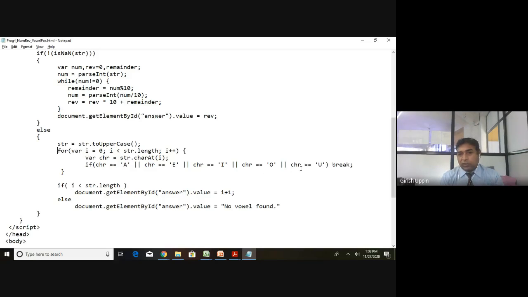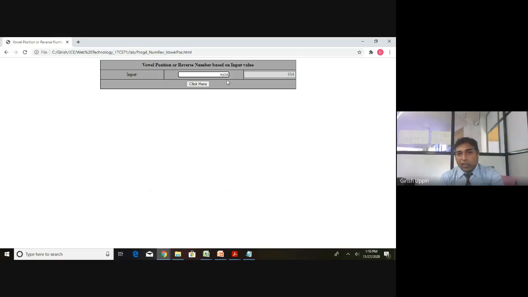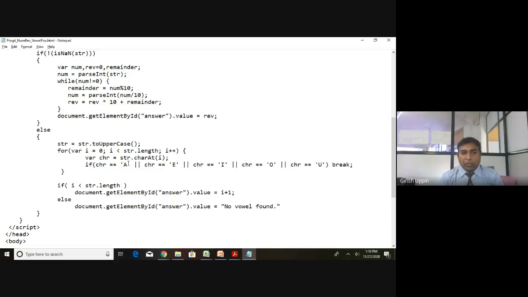So X does not match with anything. It will move on, i will become 1. What is at the 1st position? Y is there. Y is not equal. Again, it will move to the next. Then i will be 2. At 2, this is position 0, 1, 2. Z is there. It will compare.